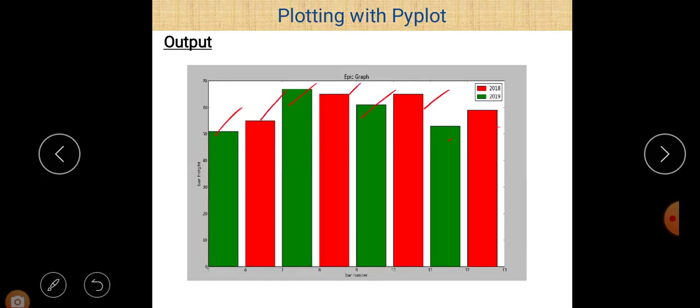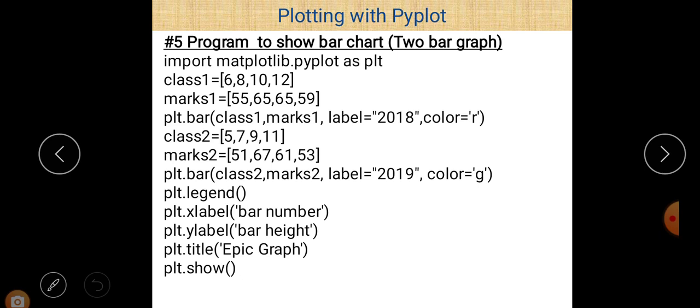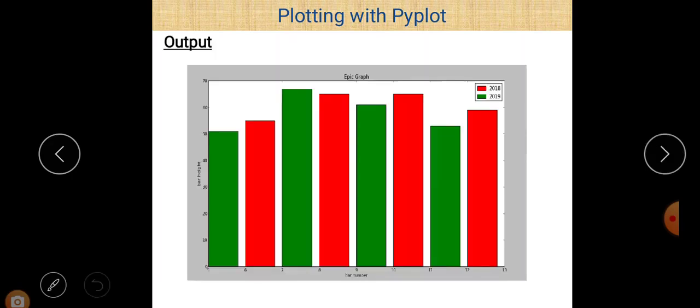So using these colors you are able to draw a graph or bar chart. So two different bar charts are here in a single graph. You can also draw two different bar charts in a single graph. Actually this is a combination of two different programs. If you use just that part and ignore these lines, then a single bar chart is plotted, and if you also write these three lines, then two different bar charts are there.